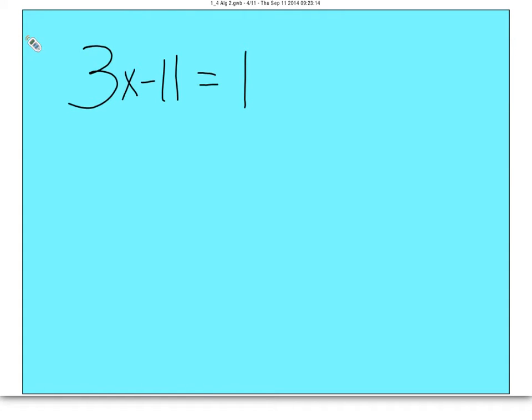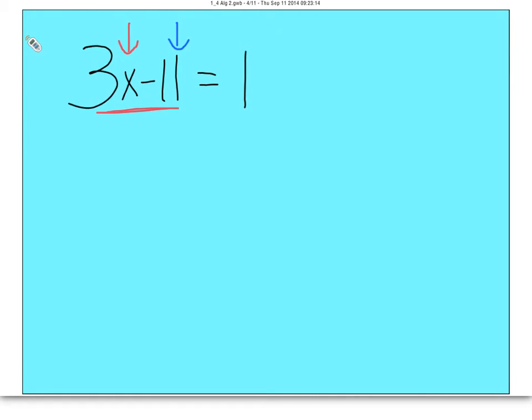So let's look at this example. Our step said if we have any distribution to do that first, and we don't. The second step said if there's like terms on one side, combine them together. Well, these are all on one side. One's a number, one's a variable. You can't combine them together. The third step said get the x's on one side and the numbers on the other. This is the only x and it's already on the left-hand side of the equal sign,